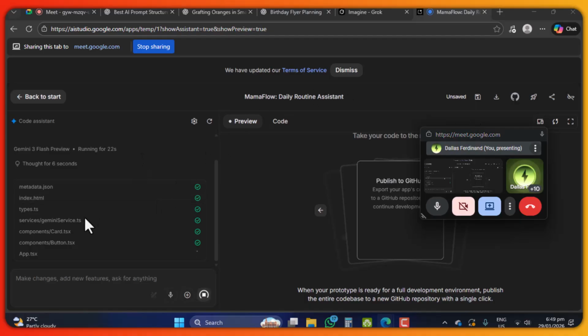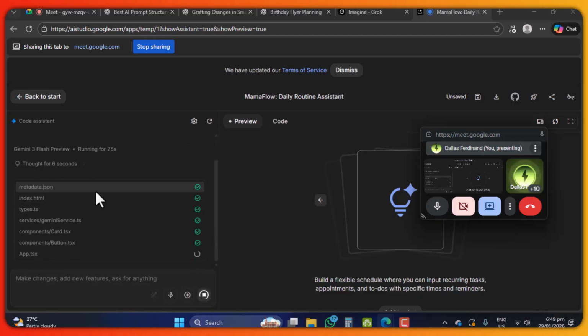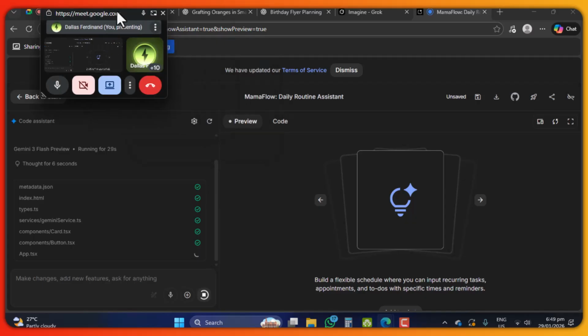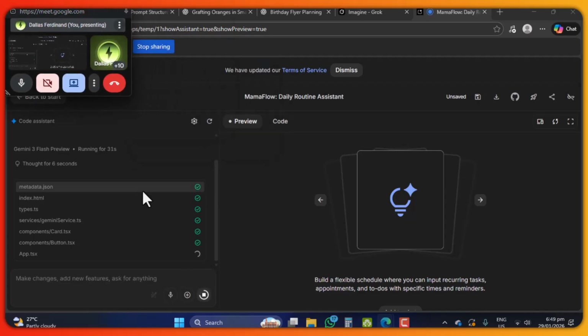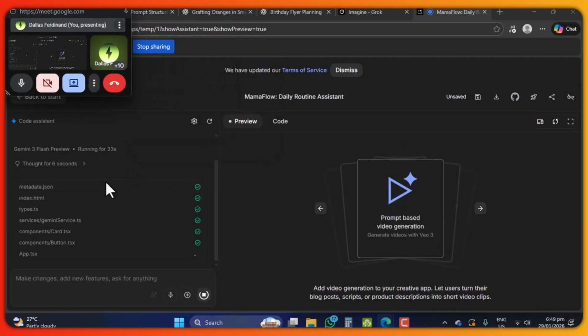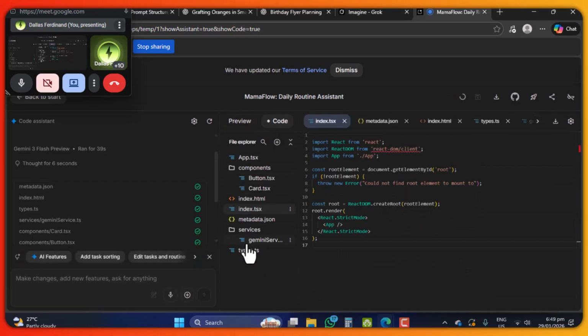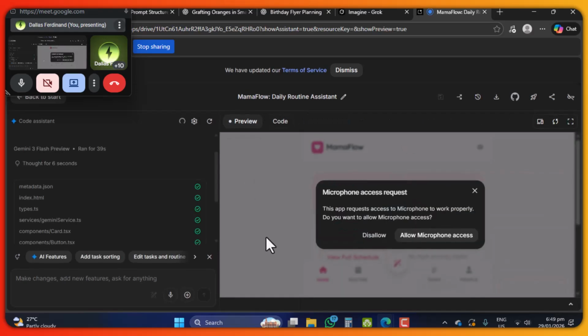So I go in right now, and now when you're building, I don't know how much of you guys here are from the AI coding course, but you'll see it's kind of the same thing a little bit, right? It's generating the app for us right now, and we could preview it. We could actually see the code and all the files it's making here. It's making a bunch of files, but not to scare you. That wouldn't be production ready,